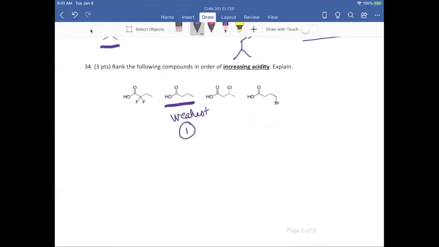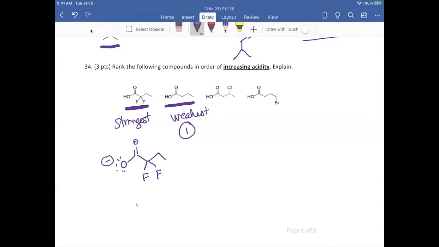And then I recognize this one very quickly as being the strongest because it's got 2 fluorines on that, lots of electron withdrawing, lots of inductive effect. And so if we need to, we can go ahead and draw the conjugate base of each of these, although at this point, I'm just going to do one because they're very similar. So if we draw the conjugate base of that, we can talk about now, this is the strongest acid because